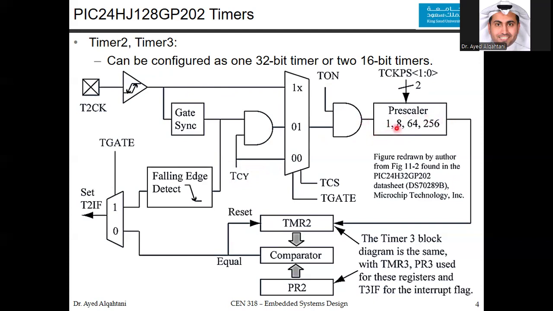We have other 3 choices, 8, 64, and 256, in case you want to prolong it by that much based on your choice. And there is a control for the choices. Since we have 4 choices, we need 2 bits, and it's called the timer clock prescaler select. If you choose certain bits, it will give you one of these choices,